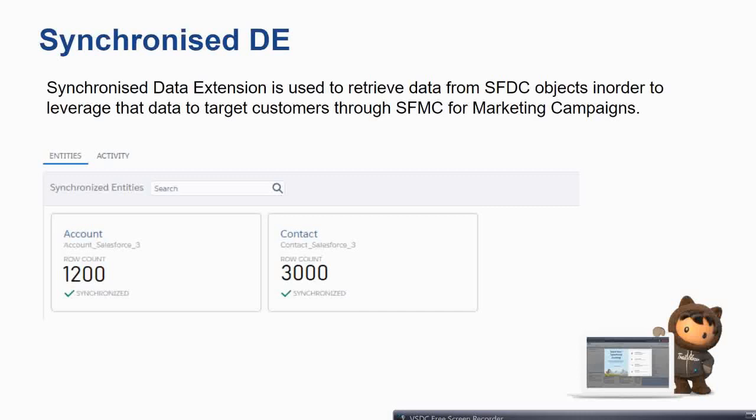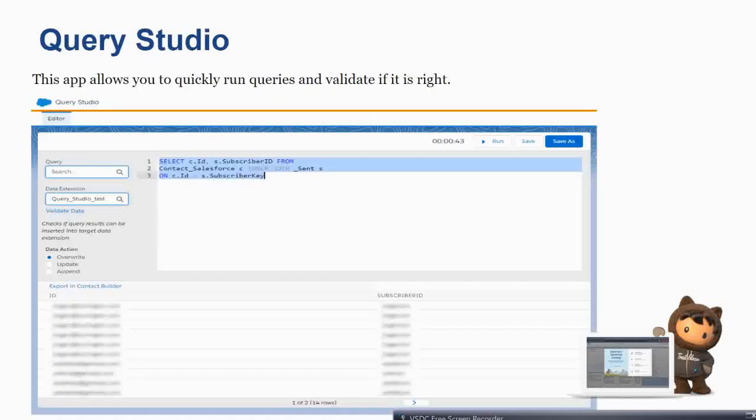What you can do instead is query that data, and as per your requirement, store that in a target data extension, and then use that target data extension to send emails. Okay, so there is the synchronized data extension, you query that, put it in another data extension, and then use that data extension in order to send emails, SMS, put it in a journey, whatever. Okay, so this is the synchronized data extension.